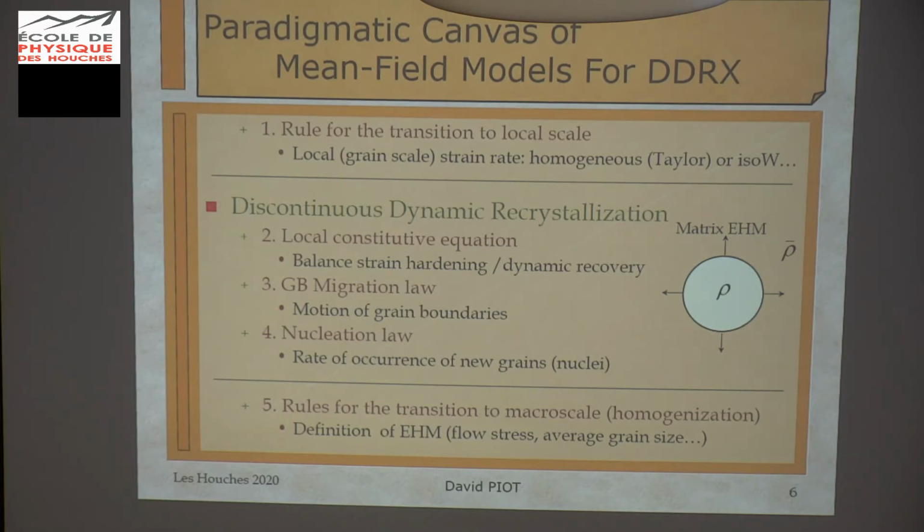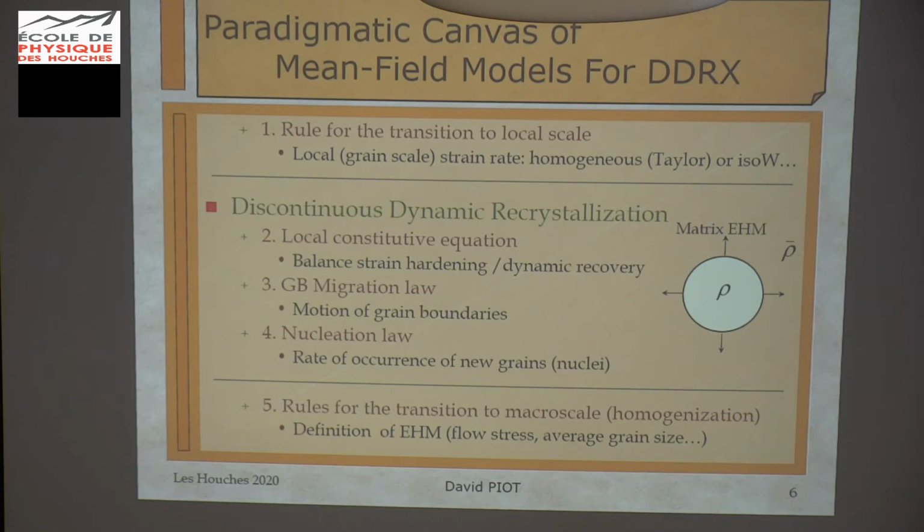For dynamic recrystallization, we need 3 equations for 3 main phenomena. The second point in the model is the local constitutive equation. We need to model the balance between strain hardening and dynamic recovery in the absence of recrystallization. It's quite easy to fit it to stress strain curves before recrystallization. We need a grain boundary migration law